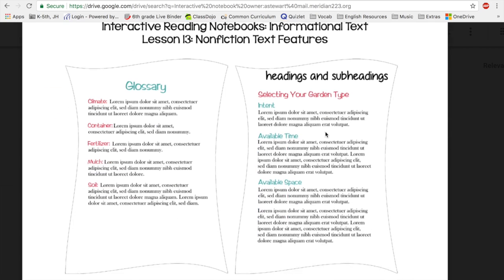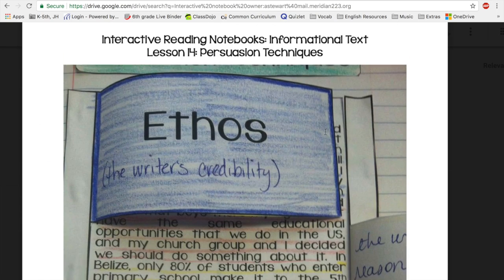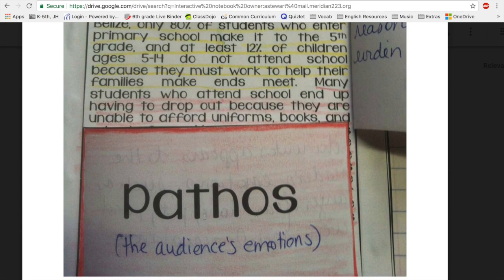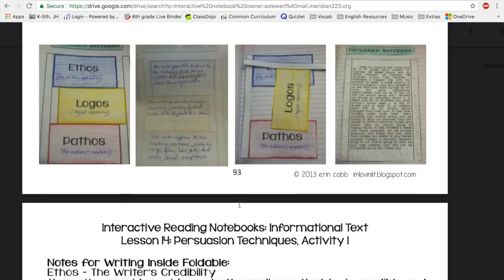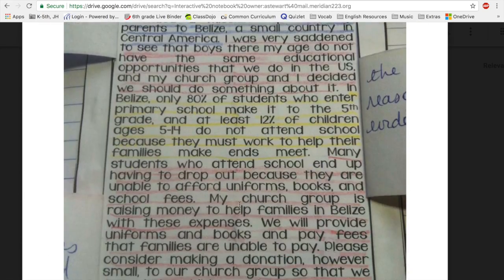And our last one is pathos. And the reason we underline pathos or color-coded pathos red is because pathos appeals to the audience's emotions. The writer is trying to make the readers feel a certain way for reading their passage. So they maybe are trying to make them feel sad, or they're trying to make them feel happy or socially accepted. In other words, if you don't do this, nobody's going to like you. They're trying to pressure readers, and people use this a lot to persuade people.